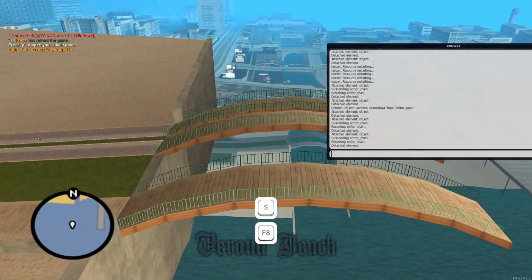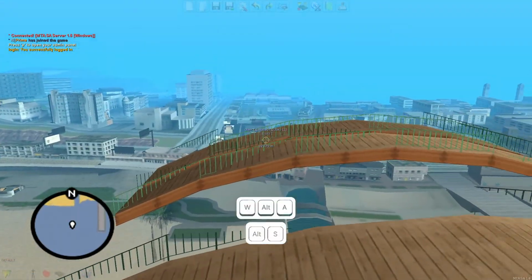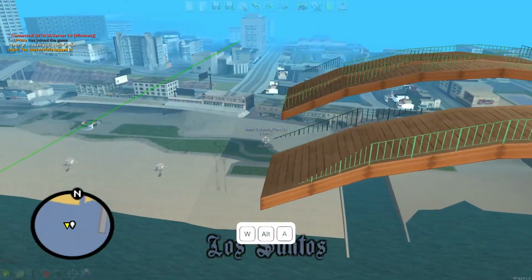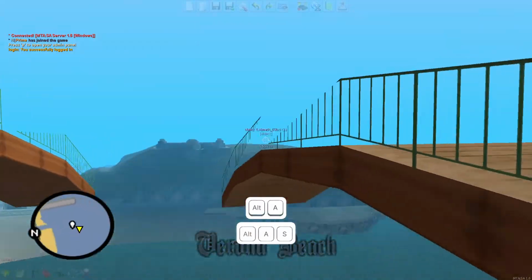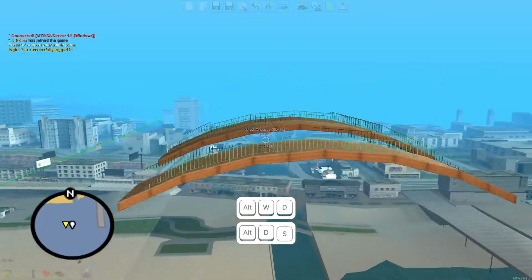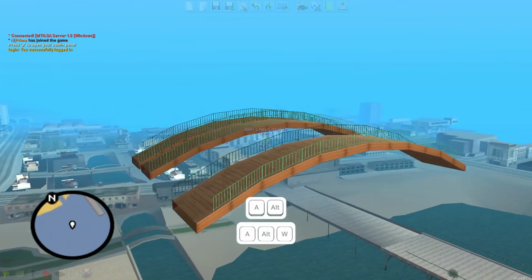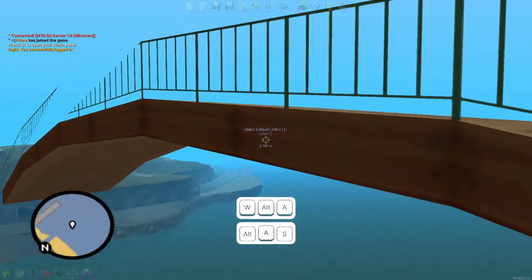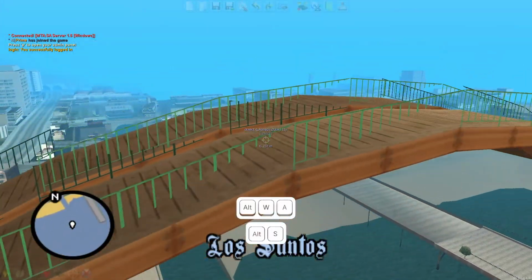Okay, and now we can just hit restart, and you can see that we're only left with the bridges. But you will see that for some reason the sides are not displayed correctly. Most of the time double side fixes that issue, but you might not always want to enable double side. So in order to fix